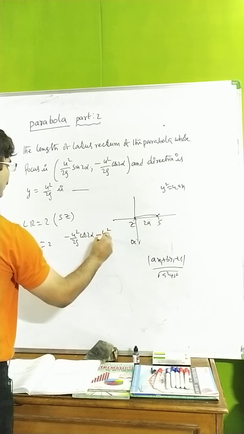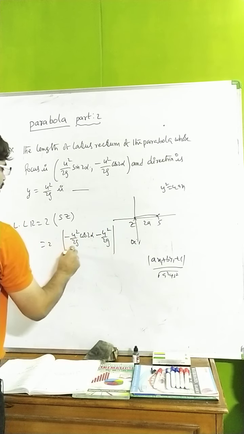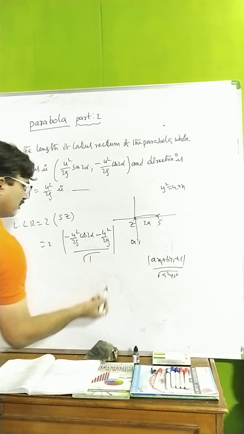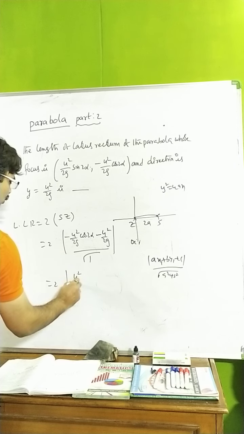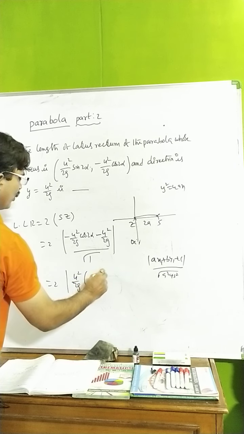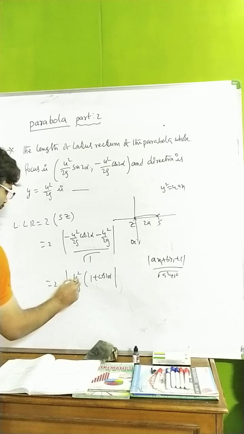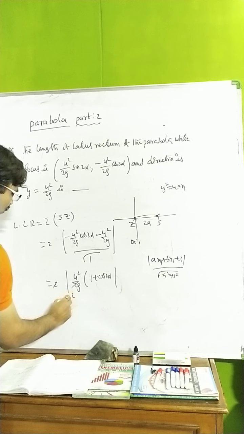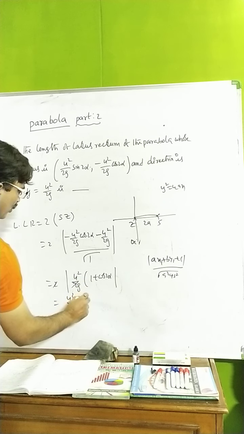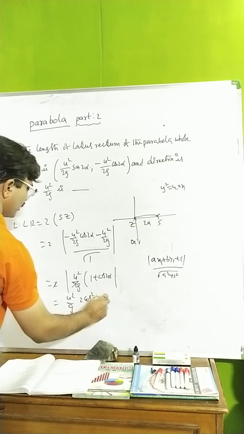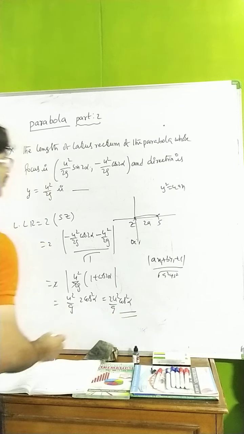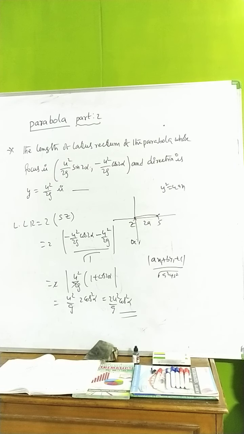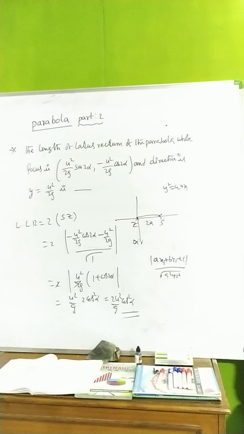What is the constant? u square by 2g. Yes, I'll write the modulus, and the coefficient of this one is 1. Fine, no problem. You take u square by 2g common. 1 plus cos 2 alpha is the left over. Now this 2 is gone, so u square by g into 2 cos square alpha. Or else 2u square by g into cos square alpha. This is your answer. Don't get panicked by seeing some different letters. In this way, you have to attempt.